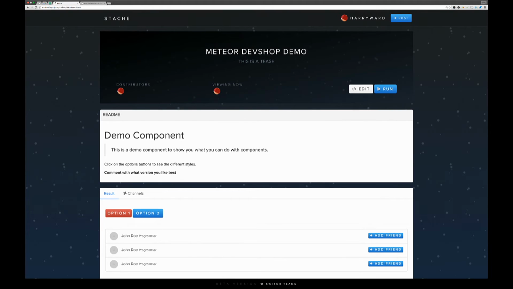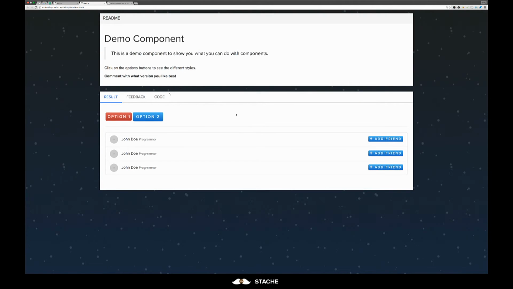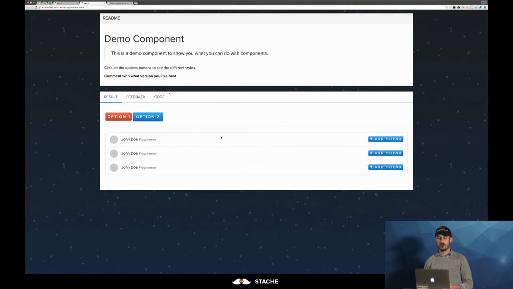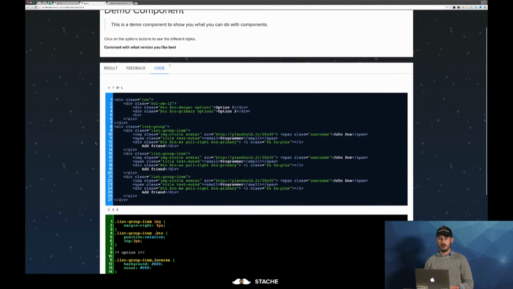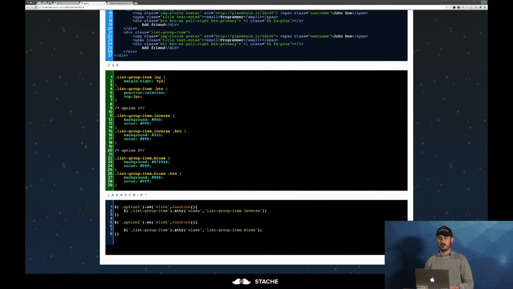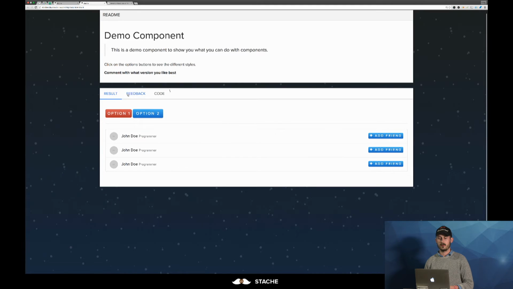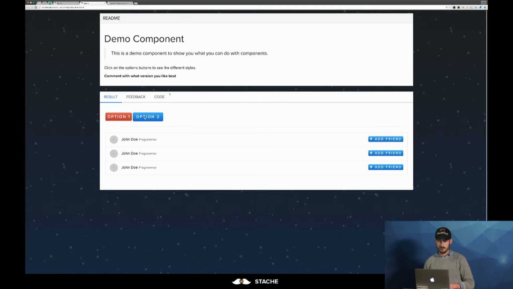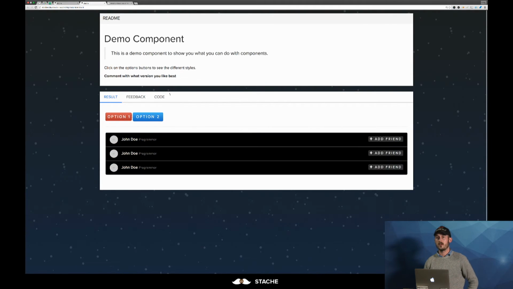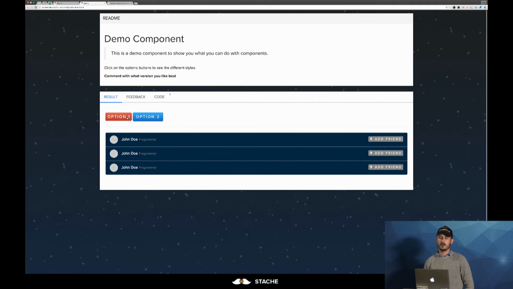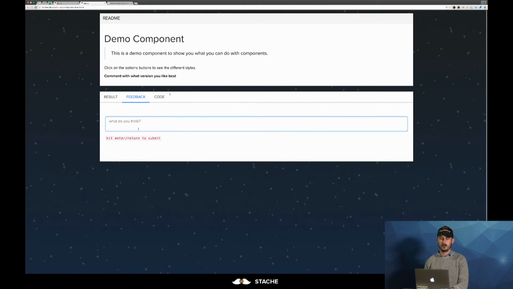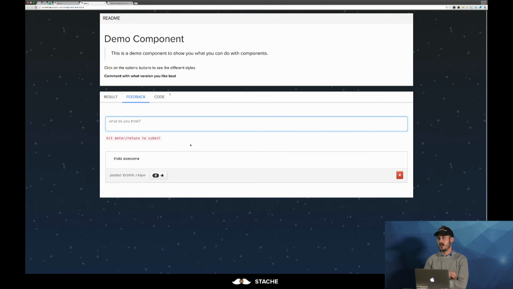So what this allows you to do is have a public link, which you get by clicking run, and this executes everything. So I have JavaScript in here, which is chilling down here, where when I click these buttons, it changes some stuff. So if I click option 1, option 1, option 2. So I have JavaScript executing, CSS executing, HTML, and so now this guy can be like, that's awesome, without logging into Slack, okay? That's awesome. This now goes to every Slack channel that's linked to it without him being a Slack member.